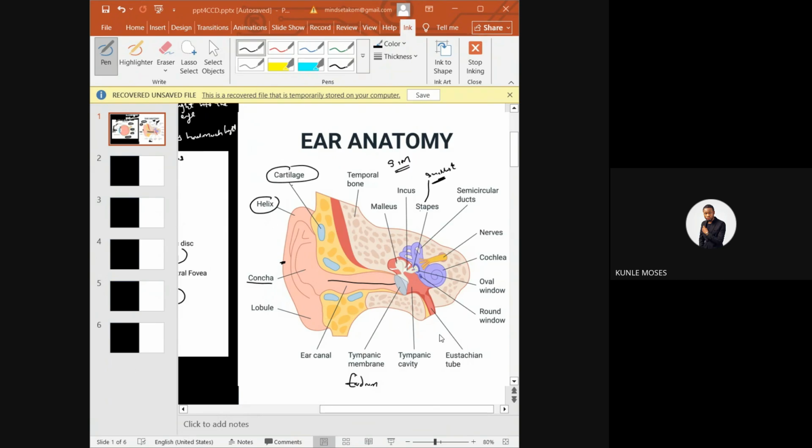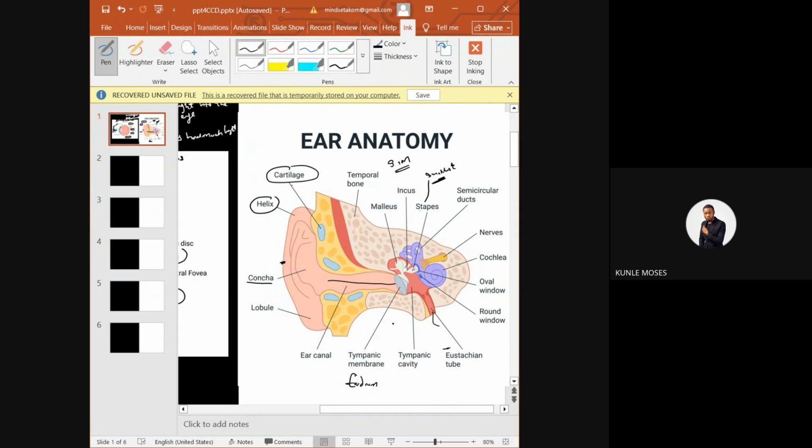So the other one is the eustachian tube. The eustachian tube is just like a channel, the tube that connects the ear to the throat. One of its functions is that it balances air pressure. We can see the ear is connected to the mouth. The nose itself is connected to the upper bone and to the mouth and all. So that is the eustachian tube.